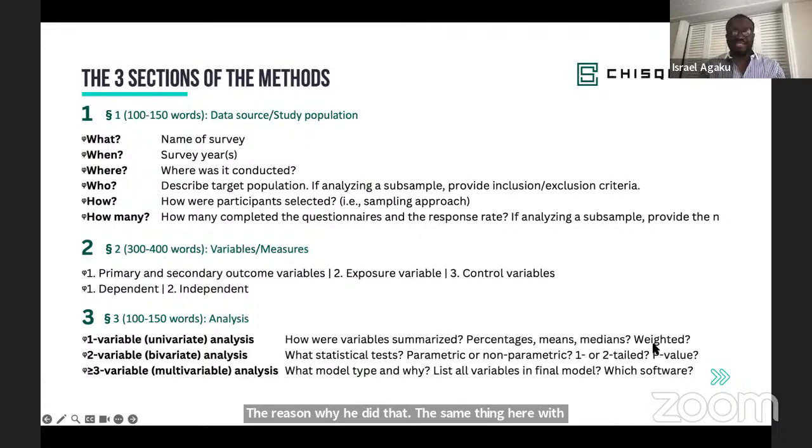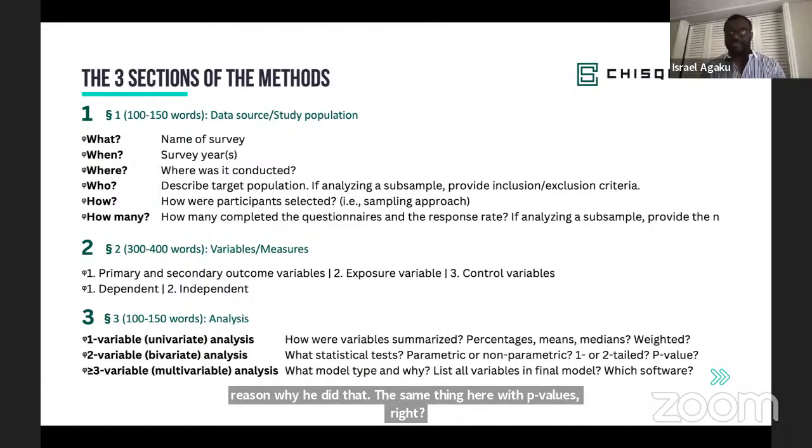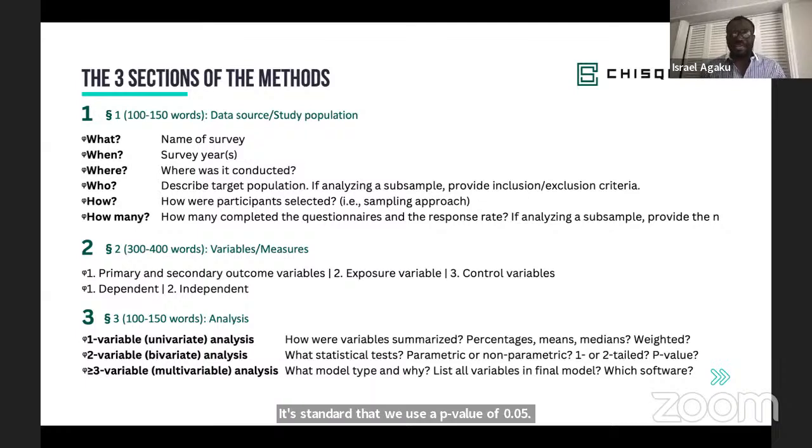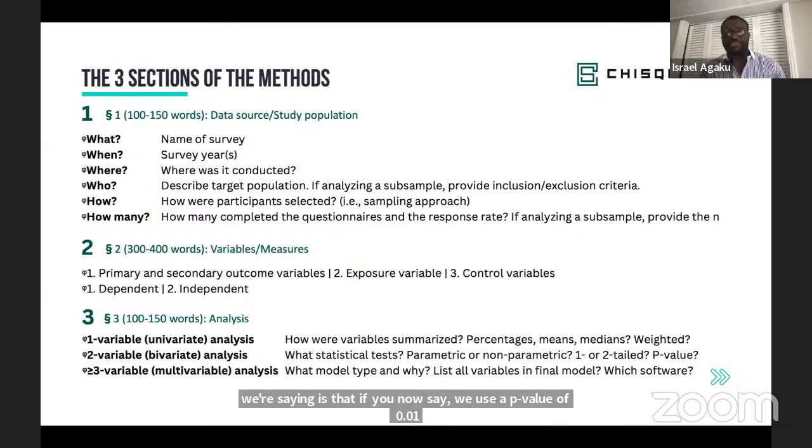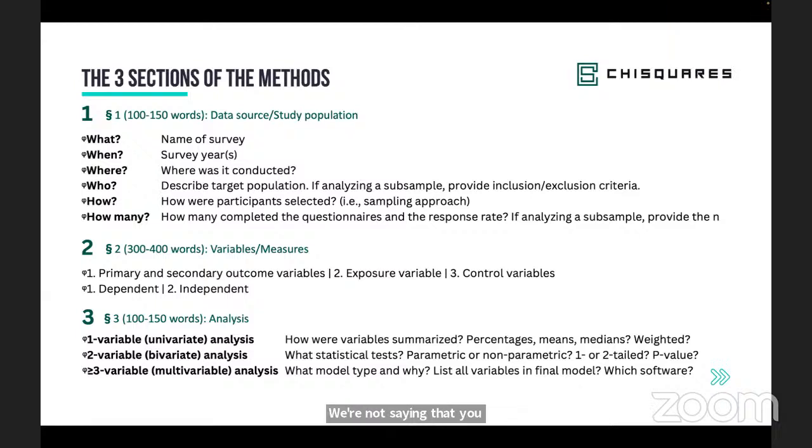A standard that we use is a p-value of 0.05 or alpha level. Now that is not saying that it is written in stone. What we're saying is that if you now say we use the p-value of 0.01, tell us why you use that different standard. We just want to know. We're not saying that you should not use it. You should justify, tell us why you did that. And then for multi-variable analysis,